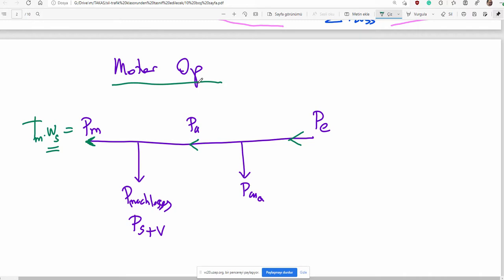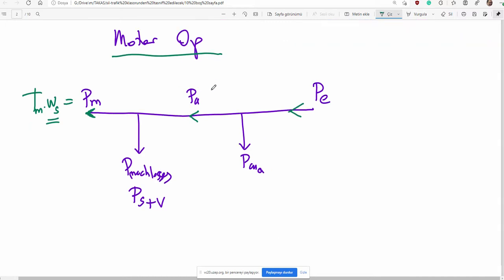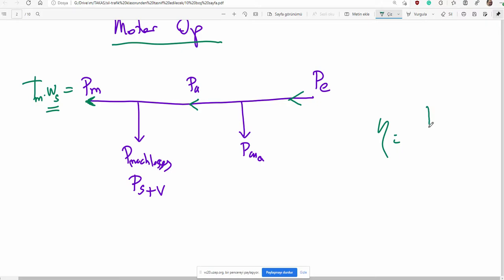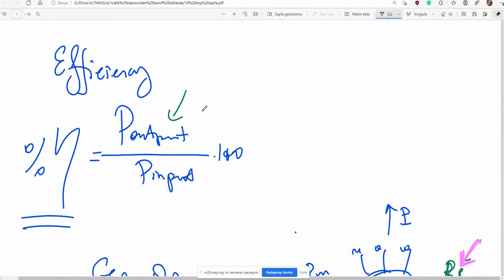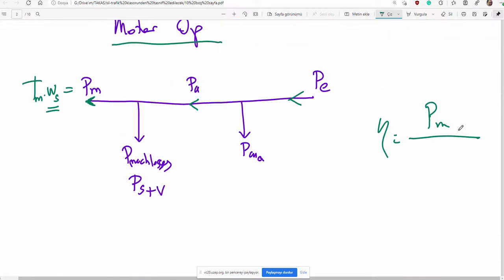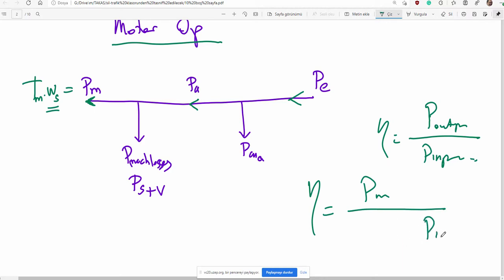In the previous page we studied generator operation. Again, efficiency is the same. Mechanical output, and so on. Right now, take care, output over input. Let me correct it. Output power over input power. Now, gentlemen and ladies, output is mechanical and the input is output plus total losses,